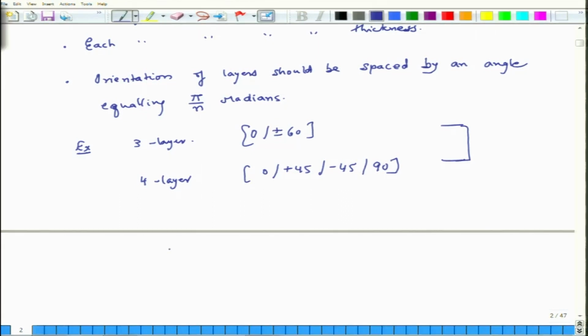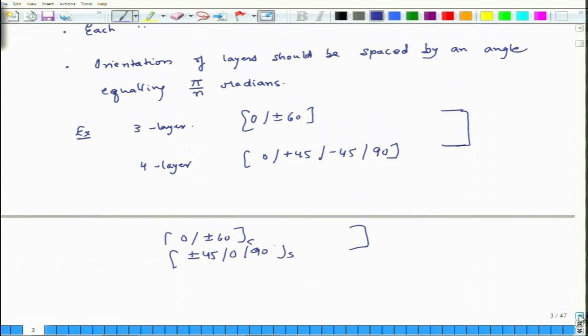If we want a quasi isotropic plate which also has a zero B matrix, that is, it does not have a bending coupling stiffness matrix, then we could have a lamination sequence of this type. So, it is symmetric, or another lamination sequence could be plus minus 45, 0, 90, symmetric, and so forth. These are also quasi isotropic systems, and the first set is also quasi isotropic in nature, but it just turns out that the first set does have a non-zero coupling stiffness matrix.